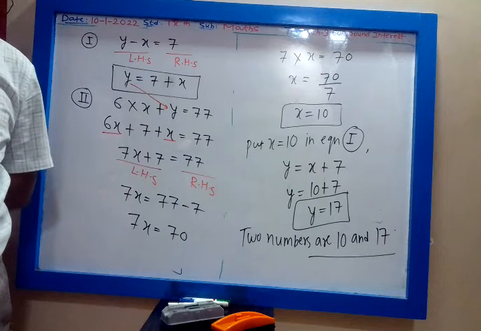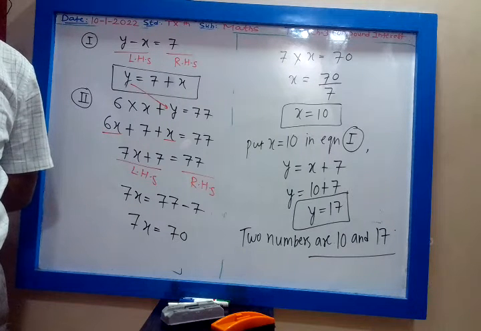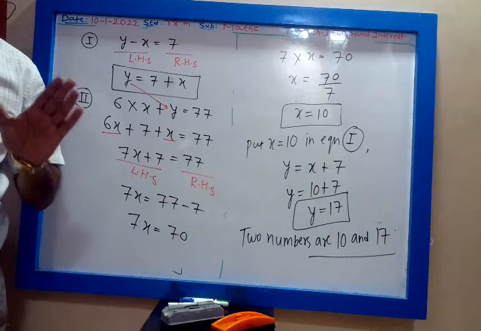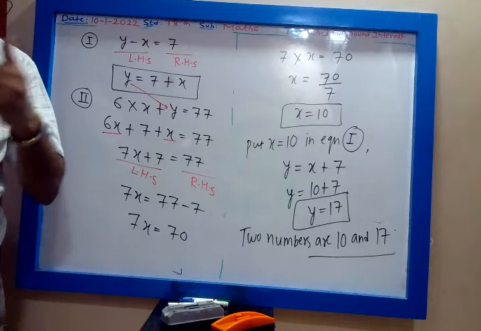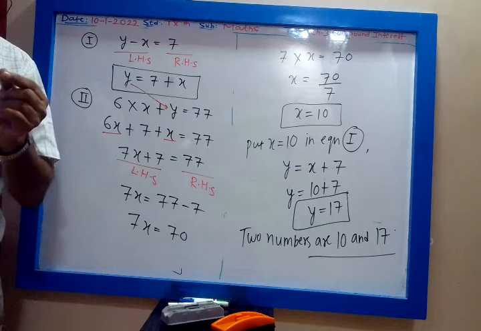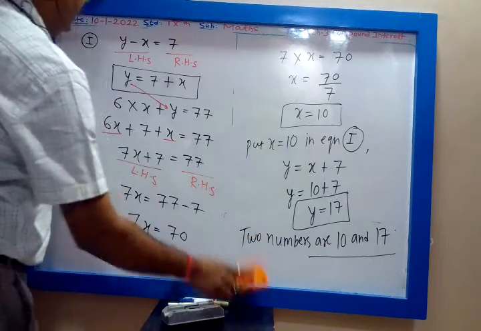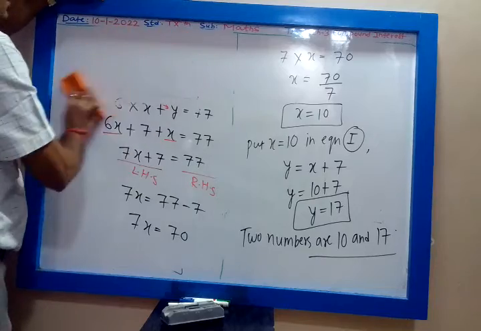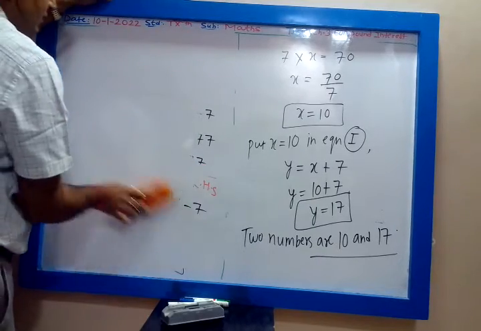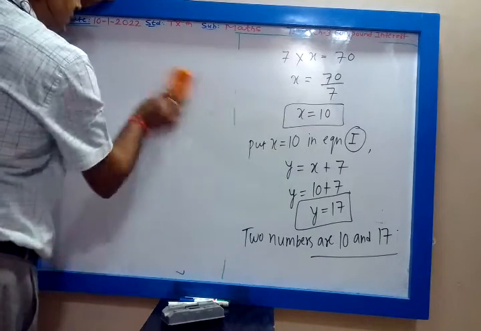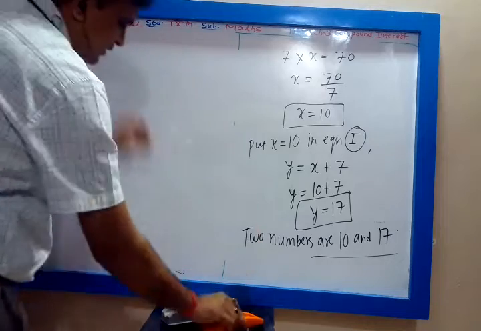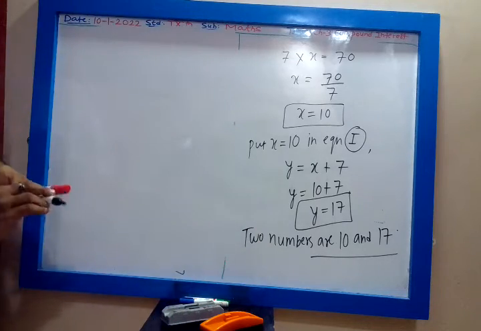So what is the perimeter of a rectangle? The formula is the sum of all sides, or there is a direct formula, 2 into length plus breadth. So the perimeter of a rectangle is 2 into length plus breadth, and length plus breadth is in the bracket. Okay, so let us do 17.